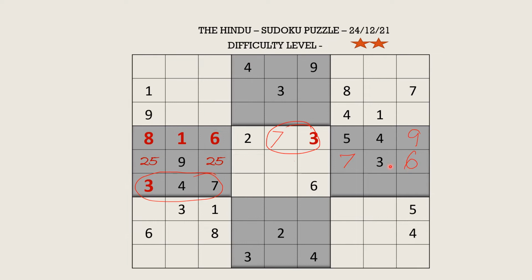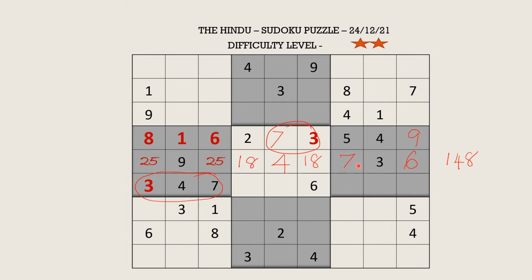Now fine, trying to fill this row, the missing numbers are 1, 4 and 8. So immediately we need to check for the availability of 1s, 4s and 8s here. Now here you have 4 blocking here and this 4 blocking here and we have 4 from here. So this is a 4. So the missing numbers are 1 and 8. So this will be a pair here.